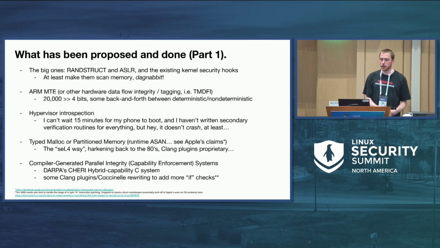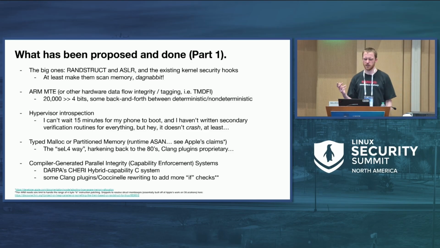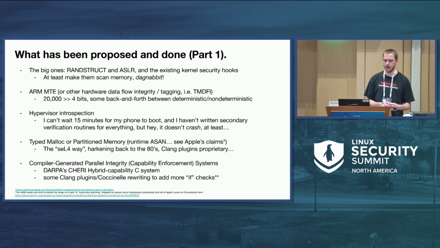Okay, so really quickly, running down the smorgasbord because we don't have a ton of time. The big ones that are in the kernel today, that we already see projects like GrapheneOS adopting to various degrees, are randstruct and ASLR. I think these basic randomization approaches are kind of awesome because they at least make adversaries scan memory. That's why I have a video saved somewhere on my computer of someone trying to dump out memory so they can find the randomization offset of the kernel